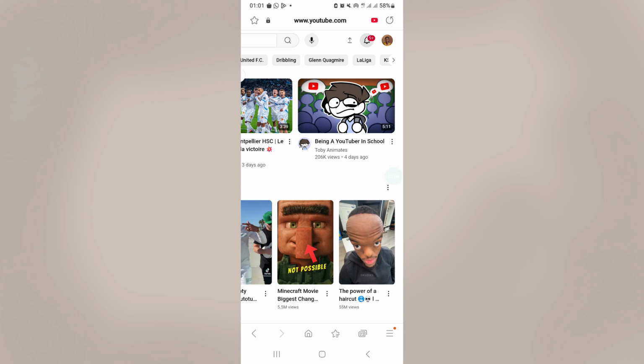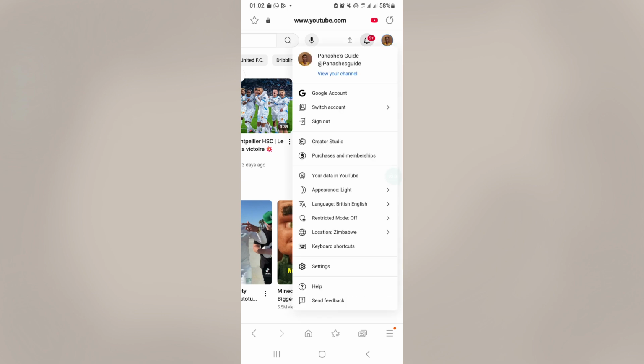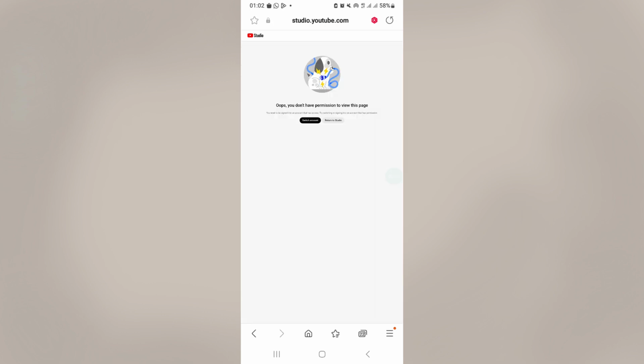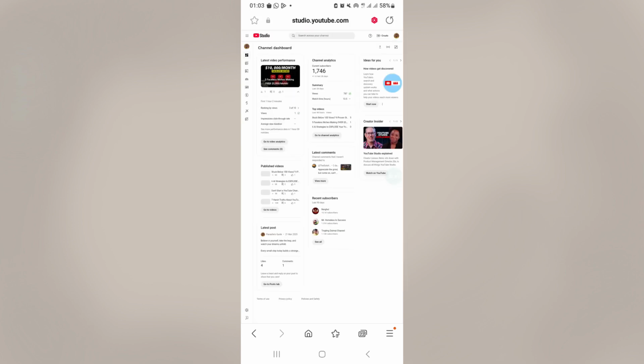and then click on your profile. Once you do that, switch over to the Creator Studio by clicking on the Creator Studio option. Click on the Return to Studio option if it gives you this option. It's then going to take you over to your YouTube Studio dashboard, and what you want to do now is